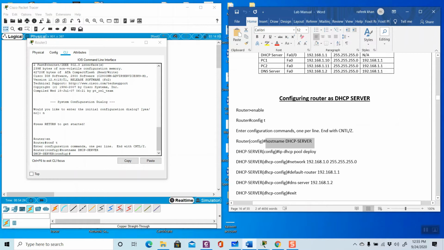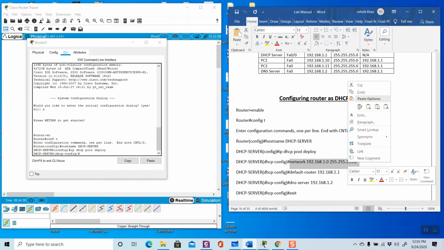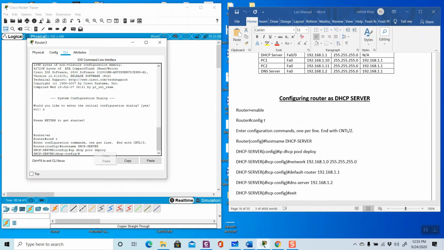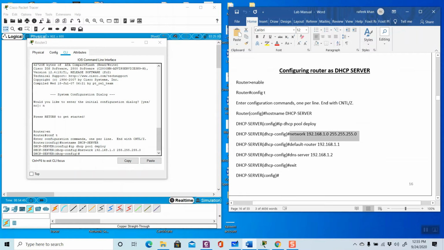Then ip dhcp pool. Through this command we are making the Cisco router a DHCP server. Provide this IP address, and give the default route.